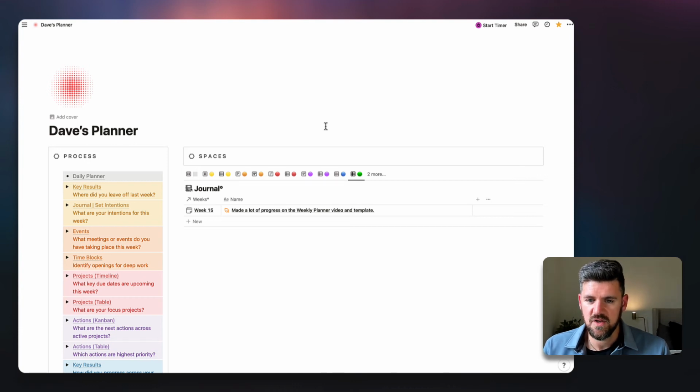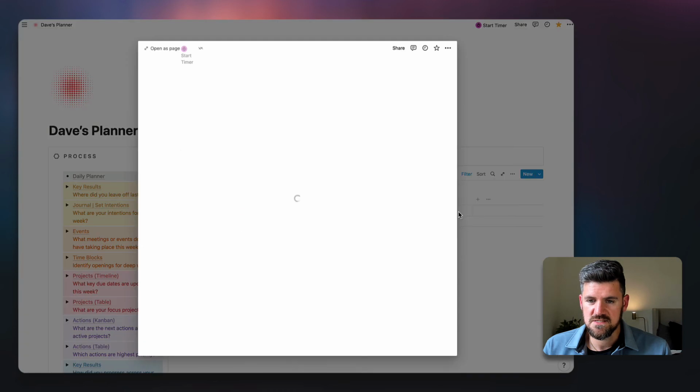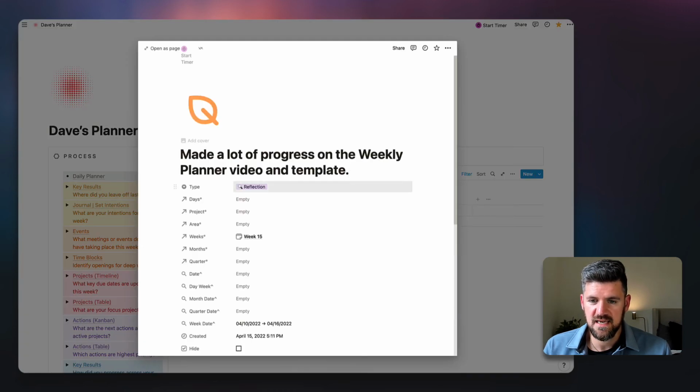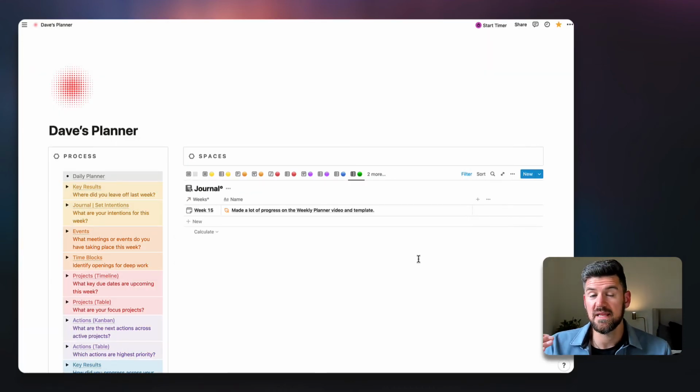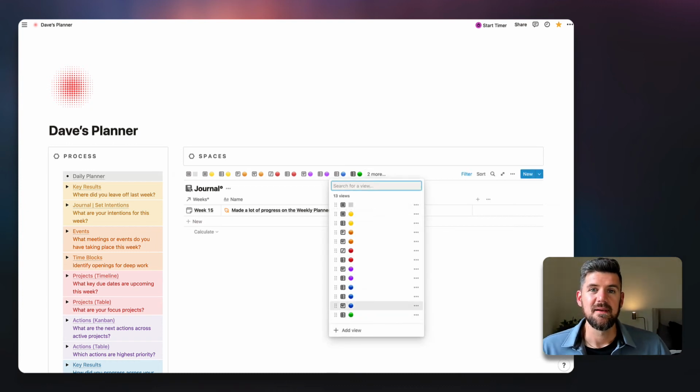If we pop into this and get a bit more specific, the type is reflection, and it's set to the current week. So now we can see, over time at the end of the quarter, not only can you see your daily journal entries, but intentions that you had for each week and reflections that you had for each week. So again, there might be some areas if you're not getting as granular with, say, project management.